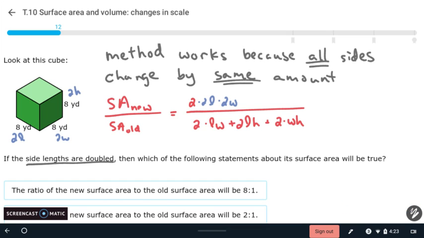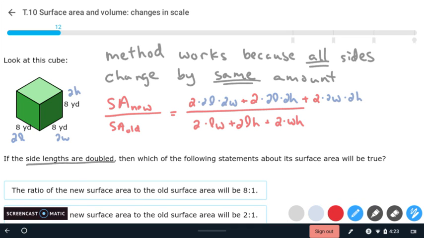plus 2 times, and here we doubled that length and we doubled the height, plus 2 times the width and 2 times the height because we doubled each of those. Then